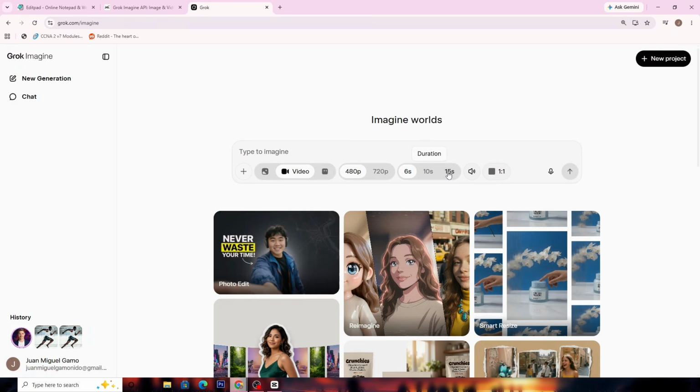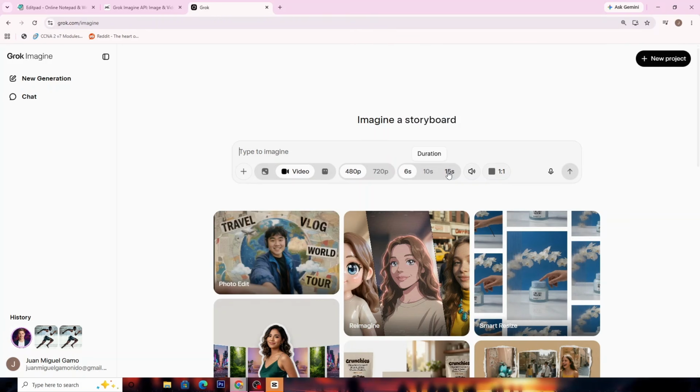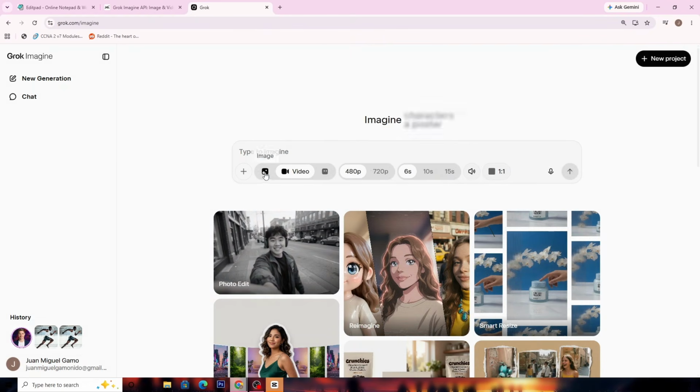Now, let's move on to the heart of the process, crafting your prompt. This is a crucial step, as the specificity of your prompt directly influences the quality of the output. Vague prompts tend to result in generic outputs, while detailed and precise prompts steer the model toward your envisioned result. For example, a simple prompt like "a futuristic car in the city" lacks essential details such as mood, setting, and